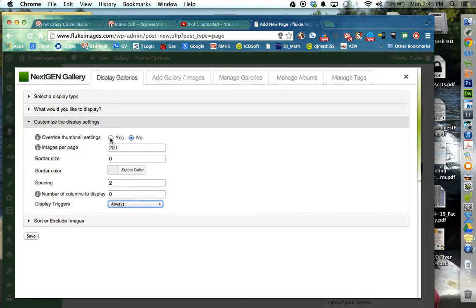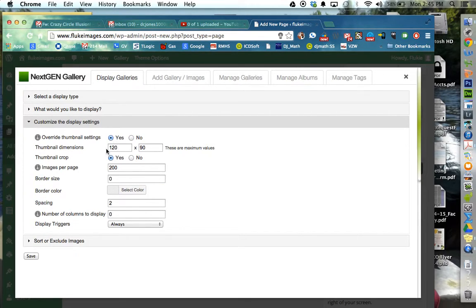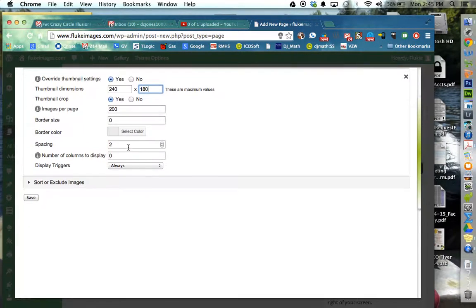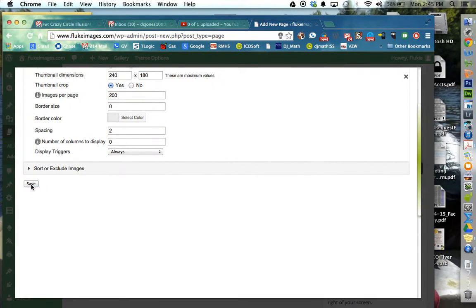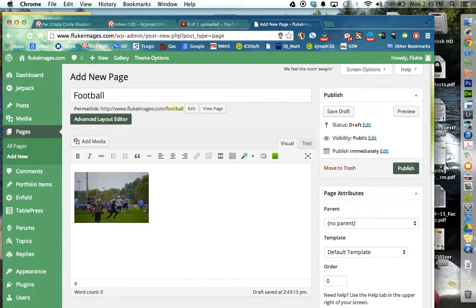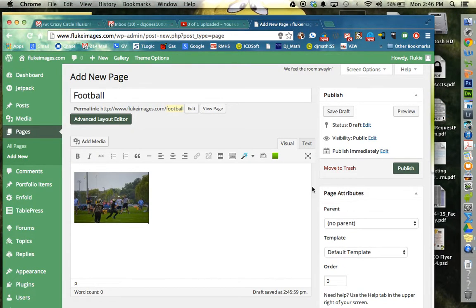Okay. By the way, if you want to override them, the standard size is 120 by 90, which is a 4:3 ratio. I like to bump it up a little bit. So you might want to do, I'm going to do this 240 by 180, I just doubled them. Okay. And I'm going to hit save. And now when I hit save, it automatically put that as the gallery. Okay. It shows it as one picture, but that is the gallery. So if I now save it,